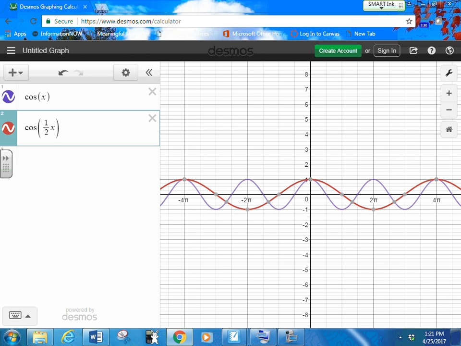The period is how long it takes it to do everything it has to do one time. So look, Brian, we're at 1. I'm just looking at the parent. Look, 1, 0, -1, 0, back to 1. Do you see how 2 pi